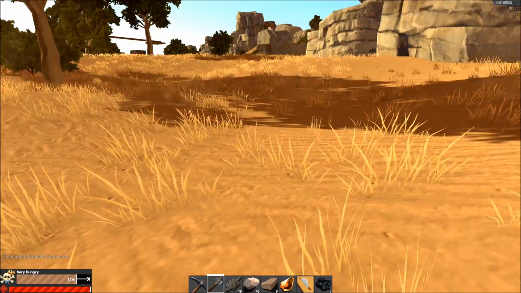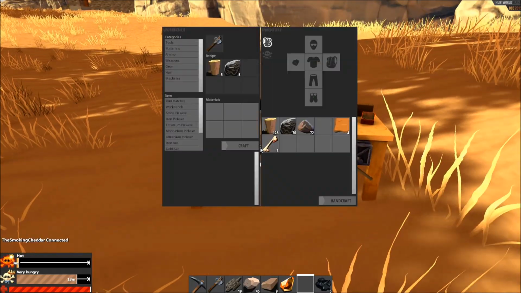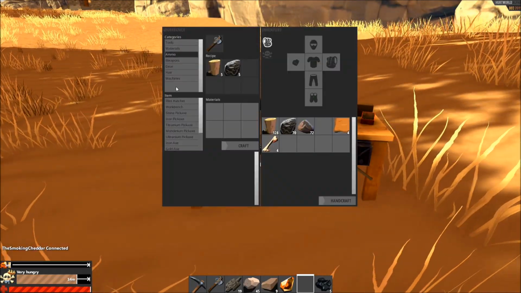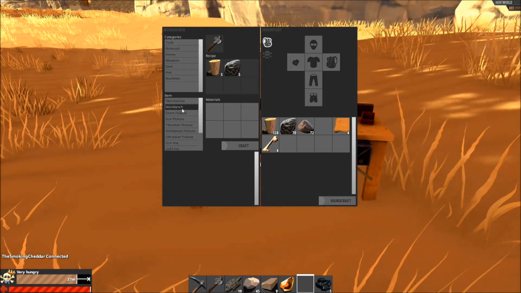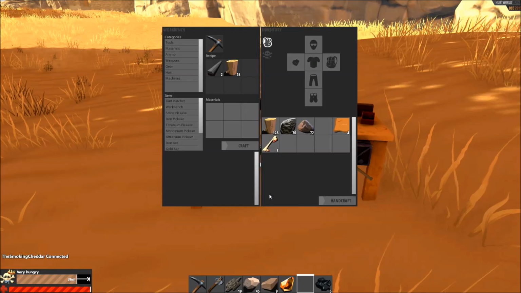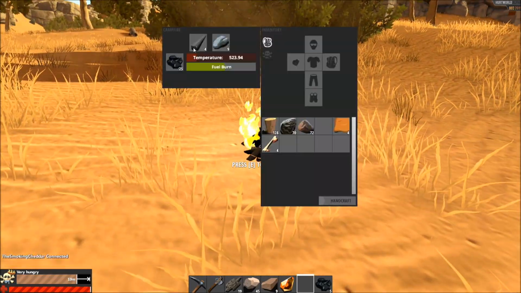Don't bother trying to smelt it using wood, it's a waste of time. Just simply stick the coal in and use the coal. Another tip while we're on the topic of tips, hold down shift and then click the item in your inventory